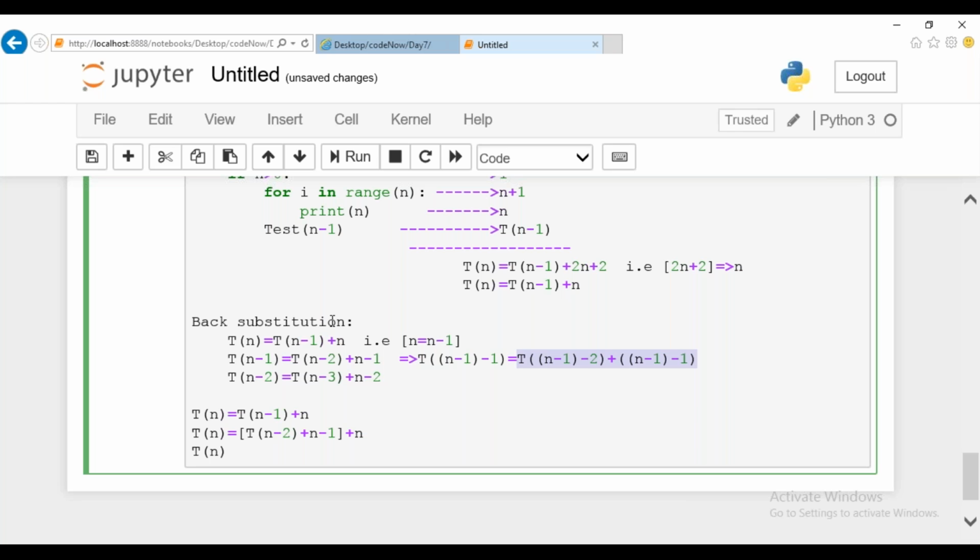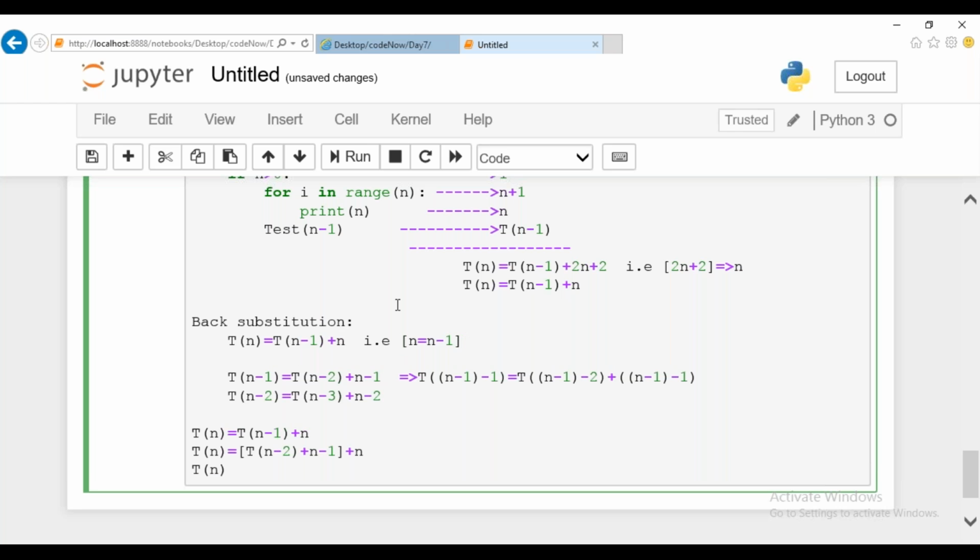Not clear, ma'am. This second expression, ma'am. From the first expression to the second expression, what did you do? Wherever n is there, you made it n minus 1. Here I am substituting n minus 1 in case of n. The same way here I substituted n minus 1. If I am substituting n minus 1 here, what happened? Already minus 1 is there, so n minus 2 has come. Let us see how this expression is evaluated, then you'll be clear. Just a minute.